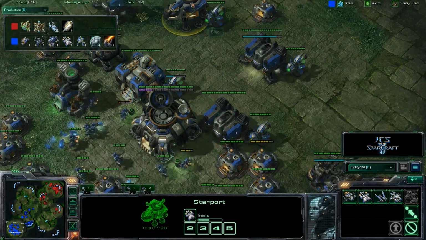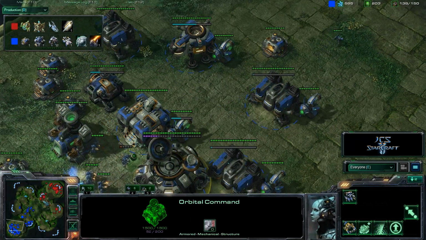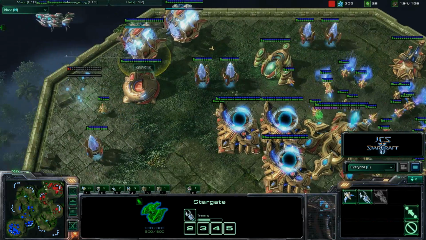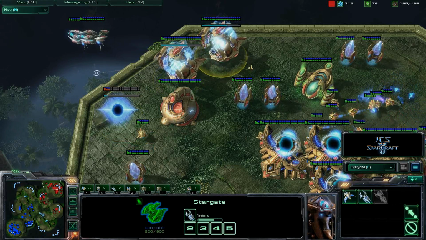So, looking at the production tab, we have the armory going down for Silver. Not sure if he's going to be adding Thors to his mix or if he just wants to start upgrading some of his mech units. And going to Kiwi, we have some Stargates posted on the outside and the fleet beacon going down, so we might see a transition to late game